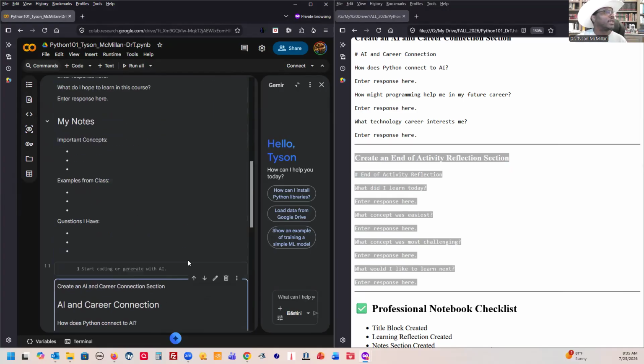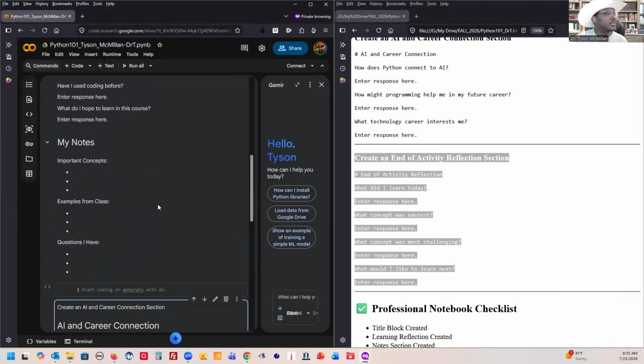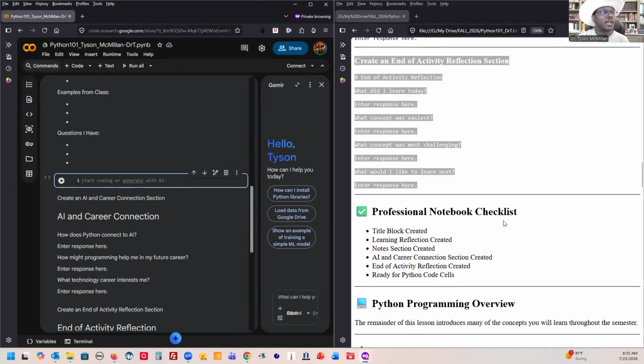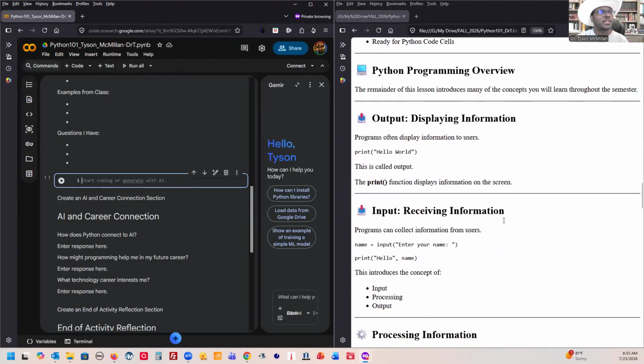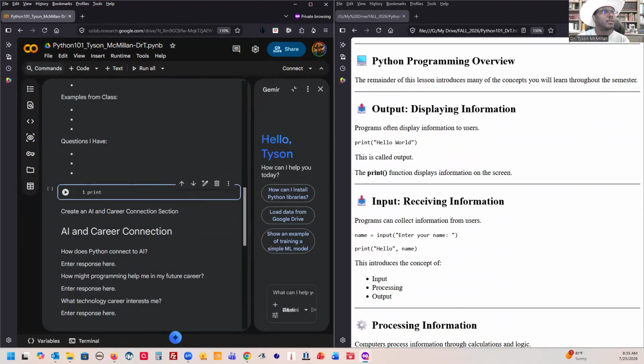With these elements in place, some kind of overview, some learning reflection, notes that you may have right here in the middle, we can begin having a conversation about Python itself, how it works in terms of the elements that you're going to be learning throughout this class. The key to remember is that programming is a concept of input, process, output. Whenever we're ready to display information on screen in Python, we're going to use the keyword print. When you say print and you say hello world,